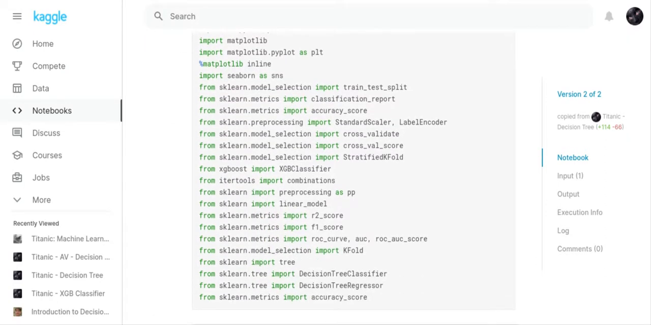So what I've done is I've imported all my libraries, and you can see all of the libraries that I've imported. I probably imported some that I don't need, such as XGB classifier, which I don't need, but XGB classifier got in there because